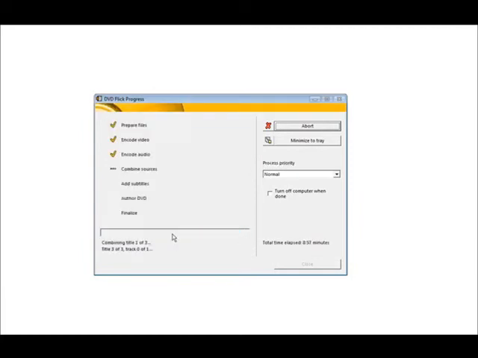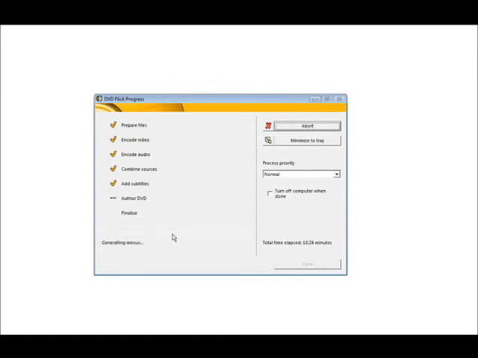And now it will combine the audio and the video together. So this takes a little while for it to do that. After that, it adds any subtitles that were in the video in. After that, it renders it, and then finally it writes it to the disk. This whole process can take quite a while depending on the size of the video files that you're using to